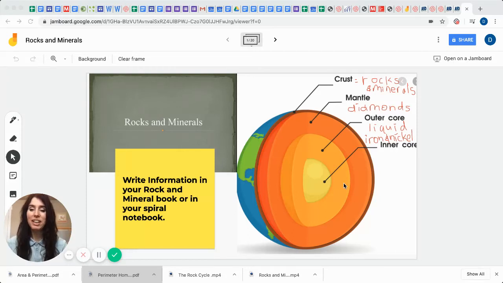It's Mrs. Kohli. I'm really excited today to share with you a science lesson about rocks and minerals. I mean, who doesn't like to study about rocks and minerals? They're everywhere around us. So today we're going to be using two or three different resources to help us study